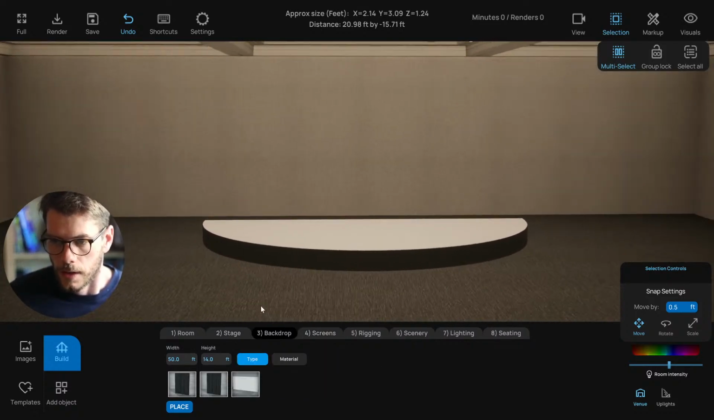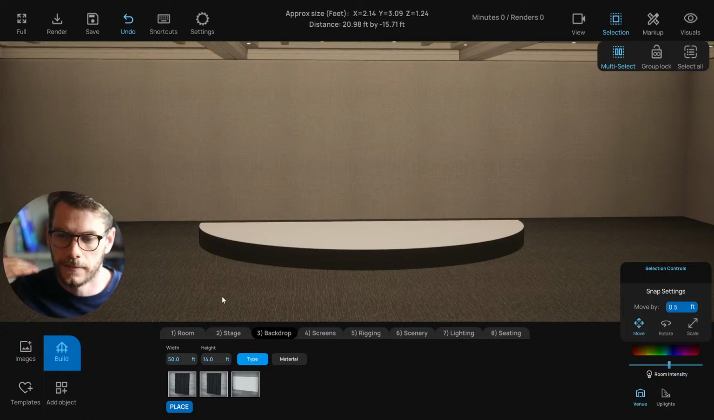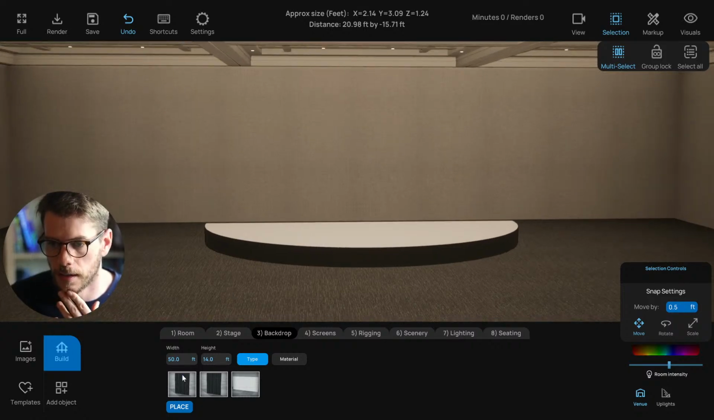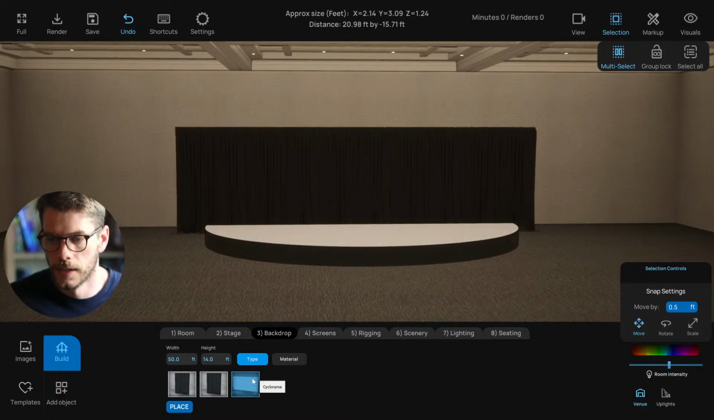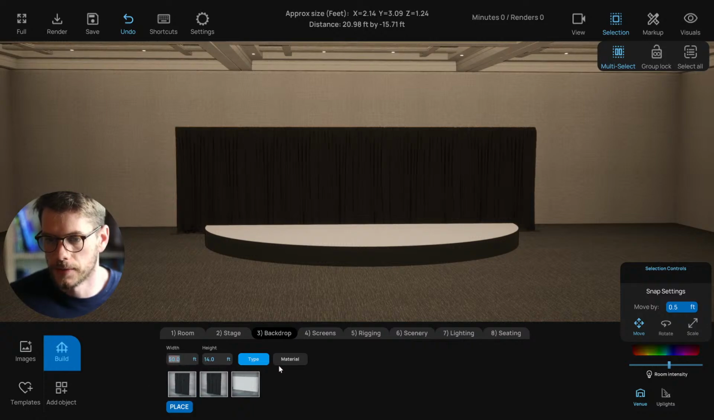But yeah, so all right, moving on, we're going to the backdrop. The idea here with all these steps is that you're adding these things. You don't even have to use a backdrop, obviously, but if you wanted to cover up the wall or whatever's behind it, you can quickly do that with these few simple options here. So we just have drape or a cyc, and so maybe I'll just do a drape,